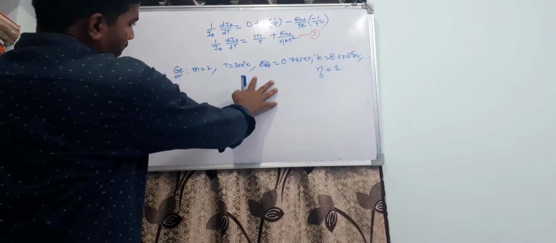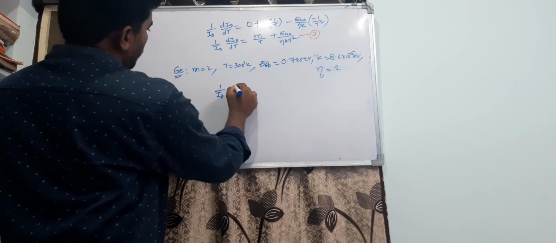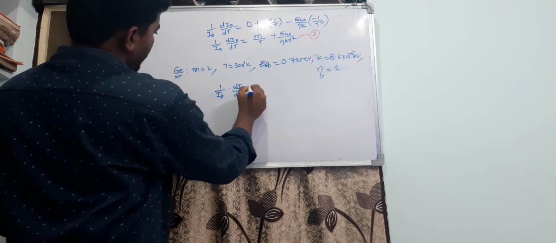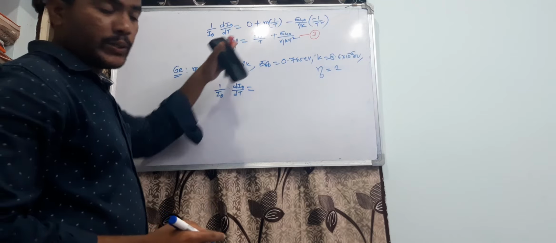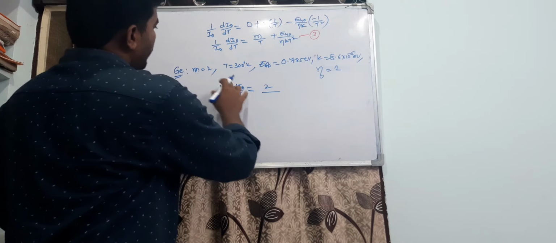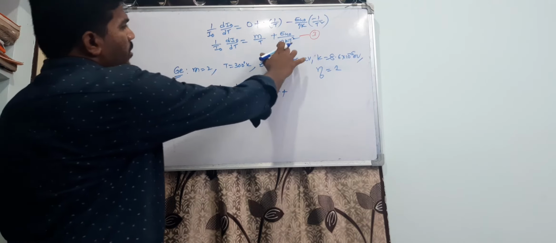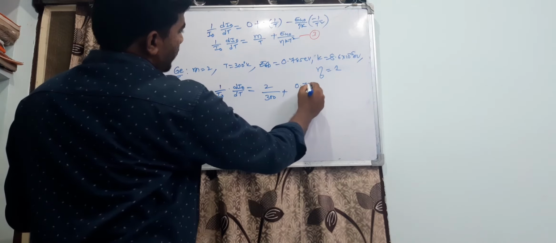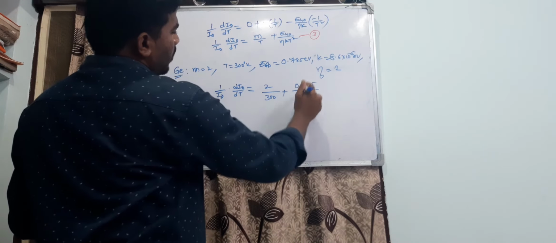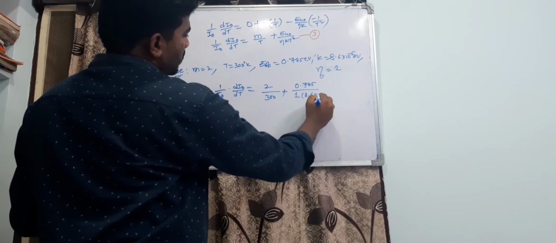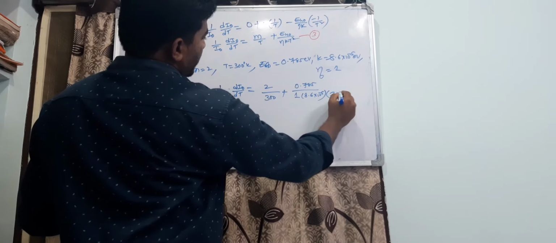So substitute all these values in the above equation, we get 1 by I0 into dI0 by dt is equal to... what is the m value here? m value will be 2. So 2 divided by, what is the T value here? 300, plus what is the Eg0 value? 0.785 divided by, what is the eta value? 1. What is the k value? 8.6 into 10 to the power of minus 5. And what is the T value? 300 Kelvin.